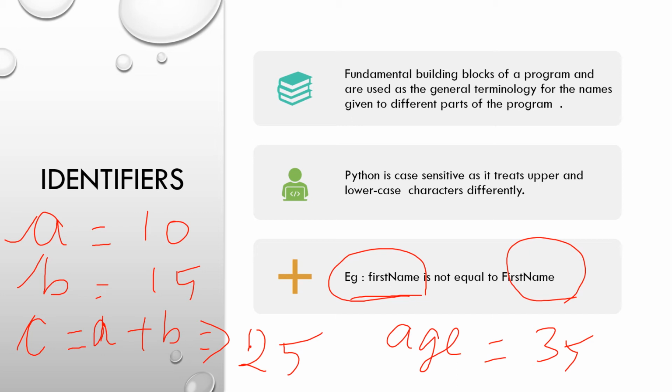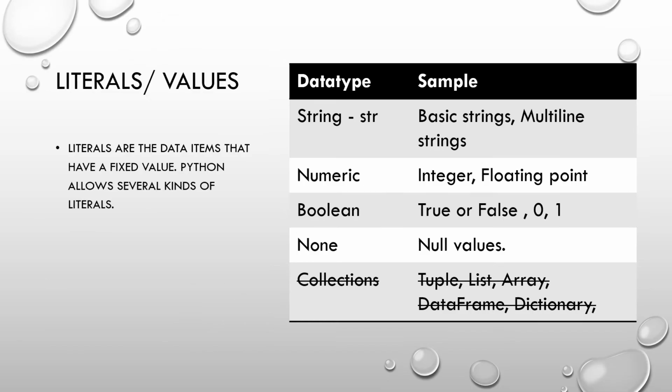So in Python, it's case sensitive, and if you say a, and try to check whether it's equal to capital A, it will throw an error. It is a failure because this a will be treated differently than this A. These are two different variables. So Python is case sensitive, and we need to make sure that when you are writing a variable, you are following a proper naming convention. So that's all about the variables.